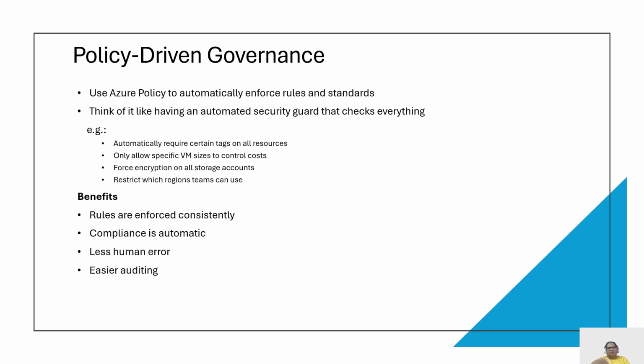Once he becomes a subscription owner, the owner has the right to override the policy. So if some policy is really important, it is better to assign it at the management group scope so that the subscription owner cannot change it. The rest you can assign to the subscription,